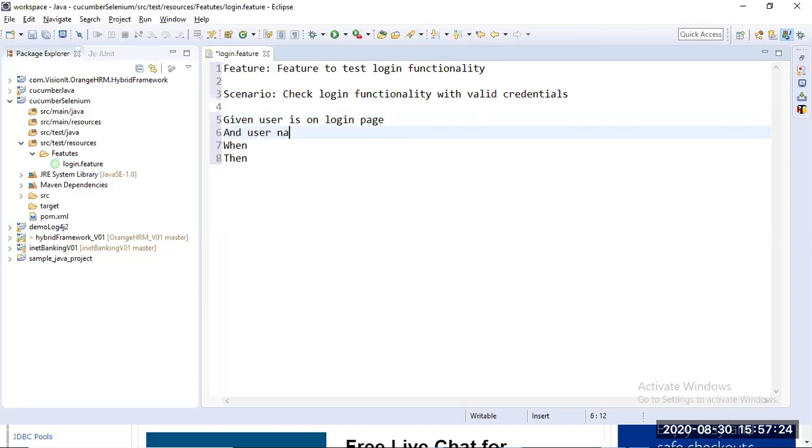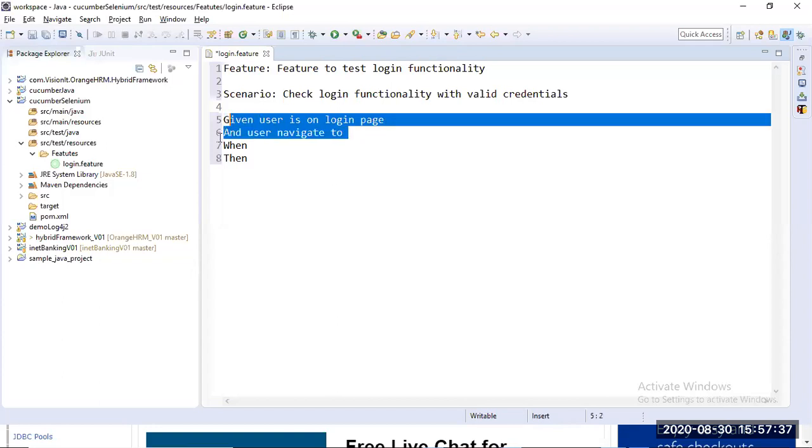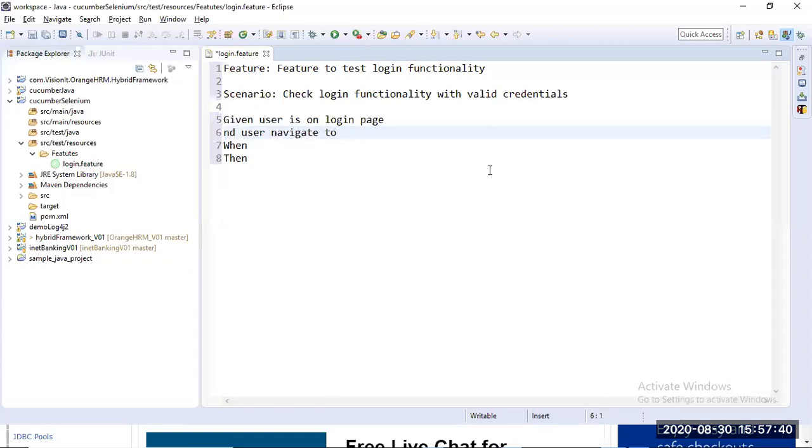User navigates to... okay, so where is the user navigating? The user is navigating to the application page, which means the user is on the login page. So here itself we are covering "user is on login page." Here itself we are covering that step. Then after that, when user is on login page,